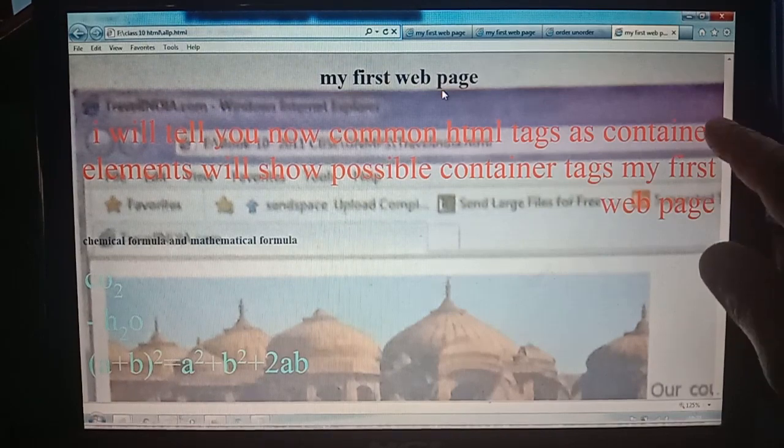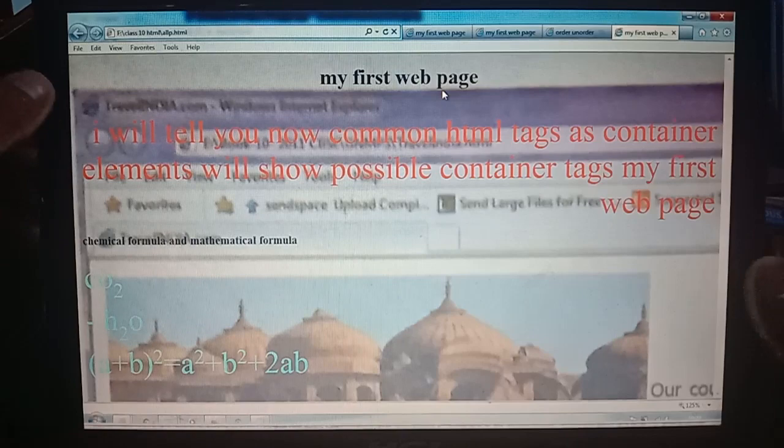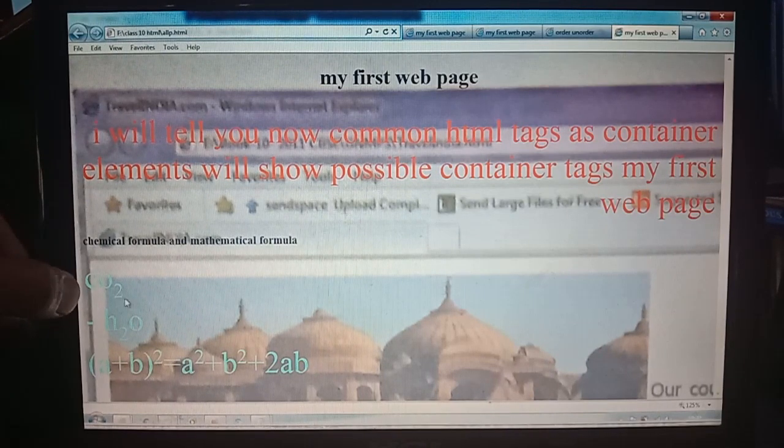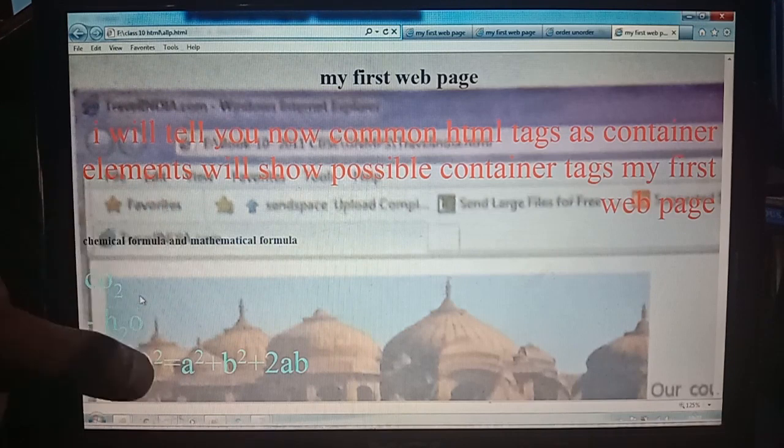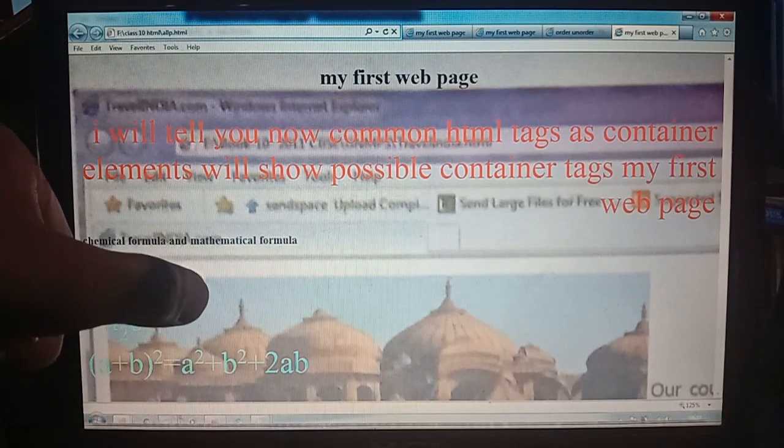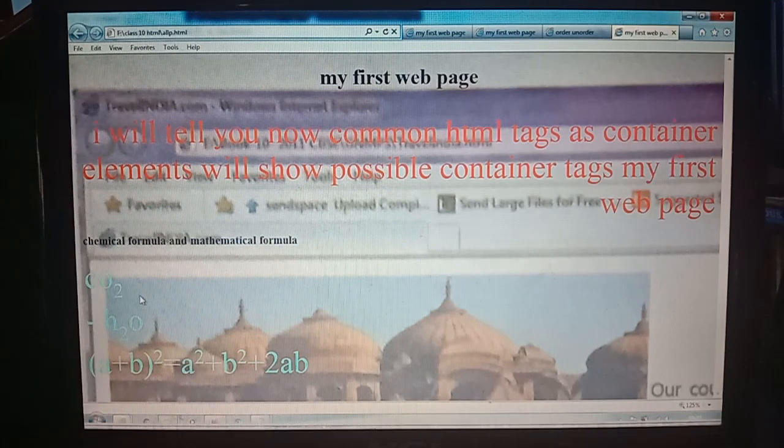See, this side it is coming on the right side; by default it comes from the left side. Now next, the chemical formulas and mathematical formulas are given: H2O, CO2, (a plus b) square equal to a square plus b square plus 2ab. Subscript and superscript examples I have mentioned here.